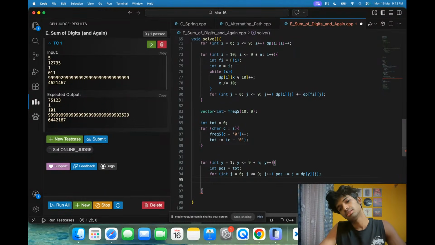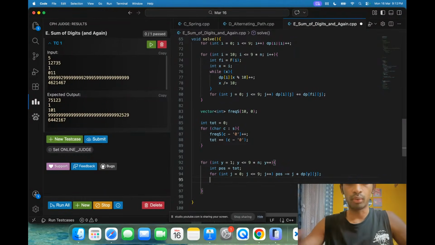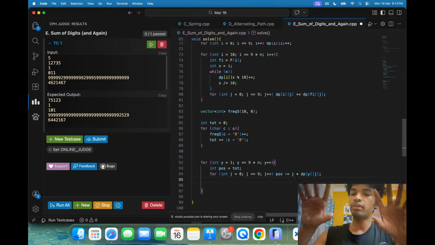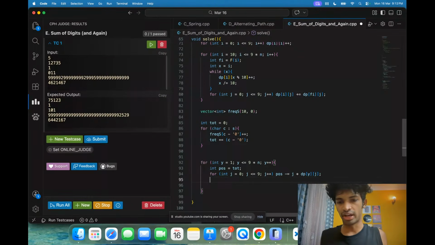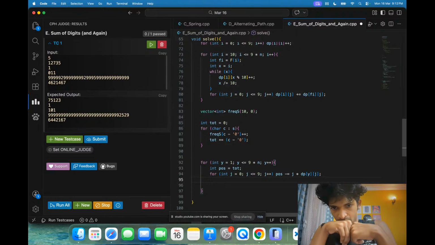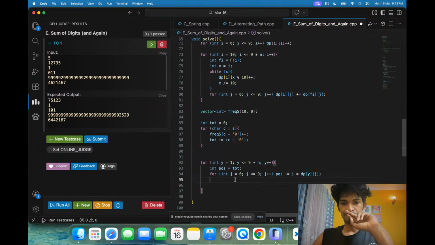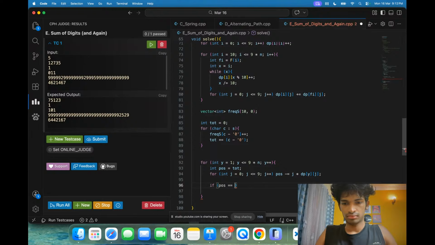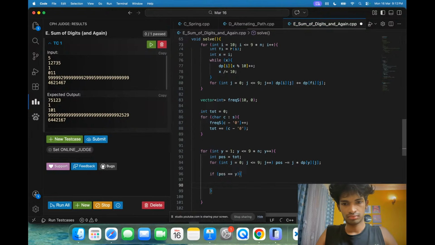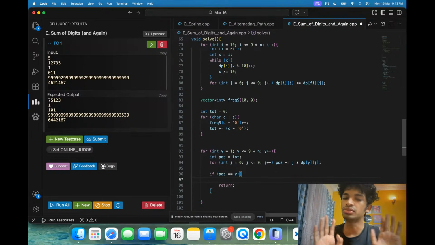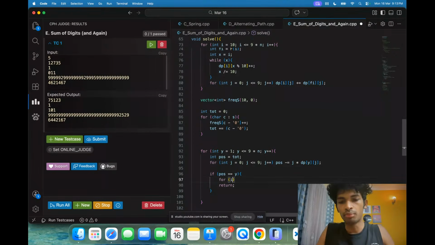Now what I want is this sum should be equal to y. After you remove whatever from y it forms, this sum should be equal to y. This will happen to something. And once this happens, what we have to output is